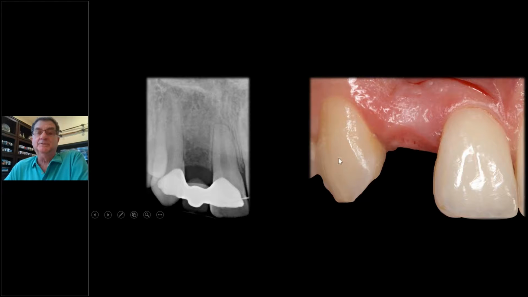So what happens in a case like this where I have a healed ridge? It's not an immediate, or it could be an extraction. This is a congenitally missing tooth where the orthodontist pulled it open and had a bonded bridge to hold it while he was growing. So now he's finished growing, ready to get an implant in there. Now, how do I approach this? I don't want to touch these papilla, but how do I get the implant in?